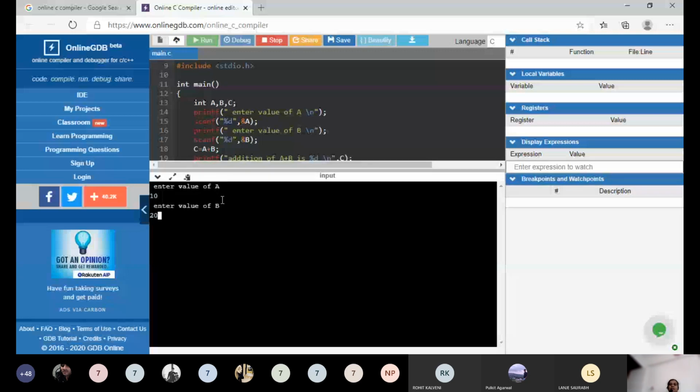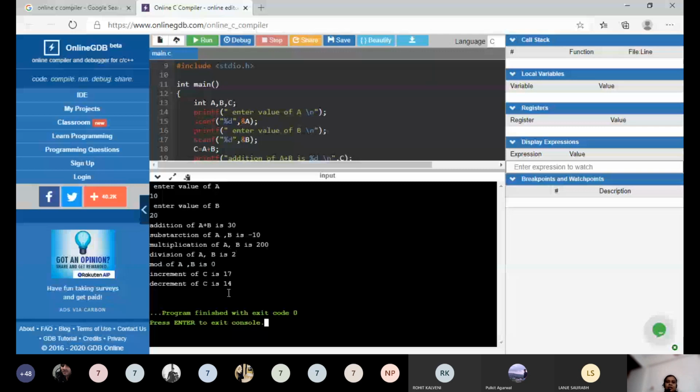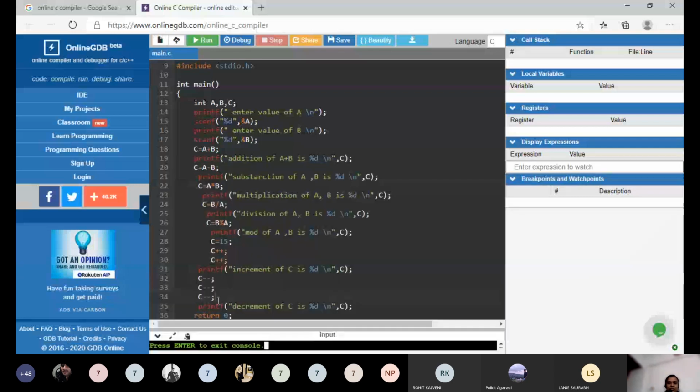Now here I get the value 14 because of whatever the current value is. Here, what is the current value? See, 15 is there. I have incremented 2 times, so it becomes 17. And after 17, it is decremented 3 times, so the answer will be 14. So this is a very simple program for verification of mathematical operators. For bitwise operators, you should know how to perform the bitwise operations.